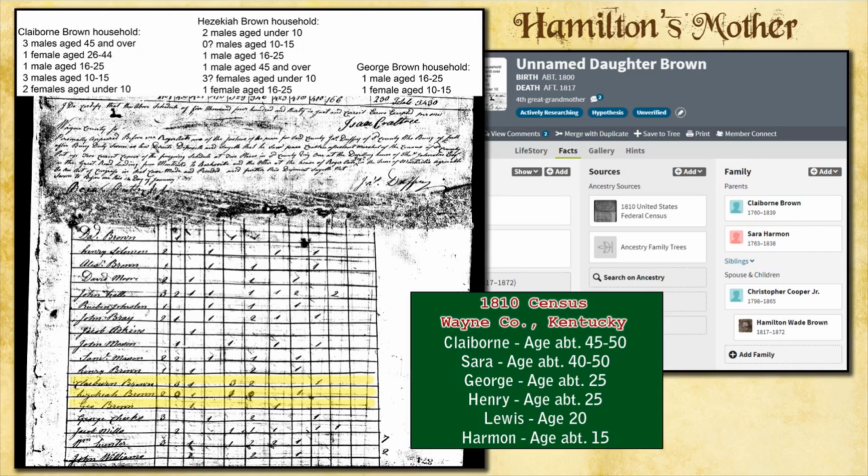So there's really not very many birth records. There's really not very many defining records on who's related to whom, and that's why this is so confusing. Now, because of that, there's a lot of question on who's who. So under Claiborne's household, the big question here,